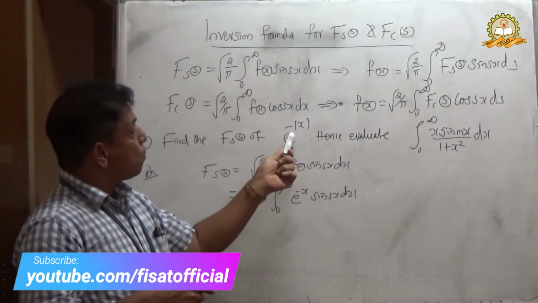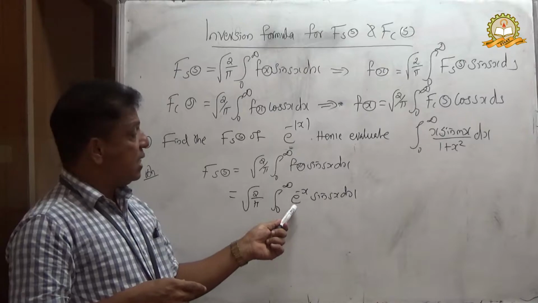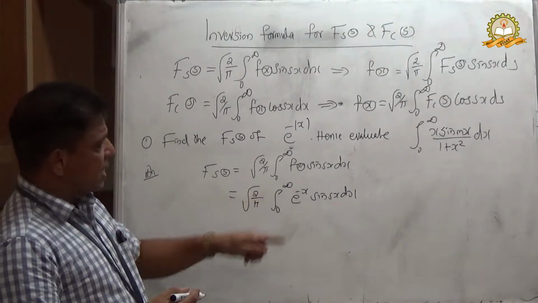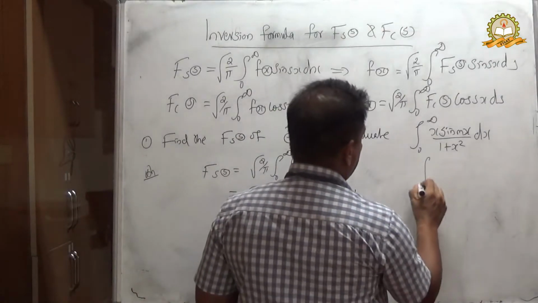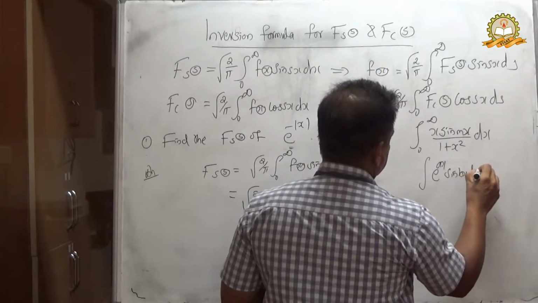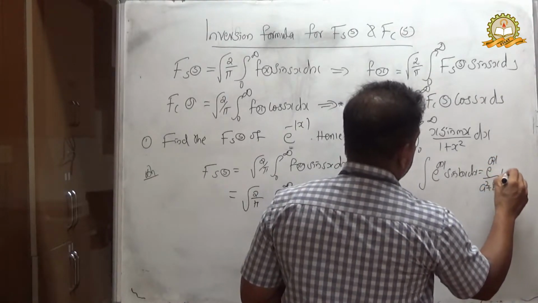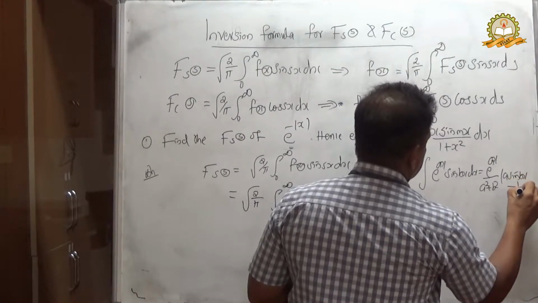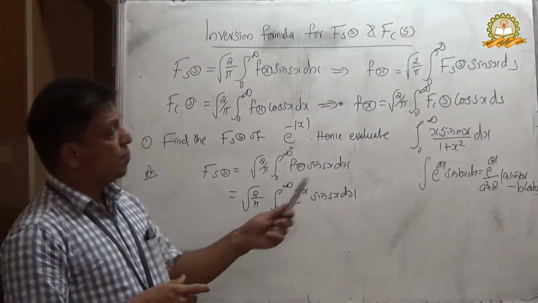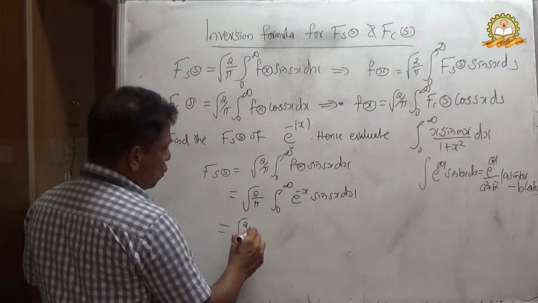Therefore, in the problem e raised to minus mod x, when we work out the problem, we take f(x) as e raised to minus x. Then we integrate this one. For integrating this, last class we discussed the formula. That formula is integral of e raised to ax sin bx dx. The formula says e raised to ax by a square plus b square into a sin bx minus b cos bx. That is root of 2 by pi